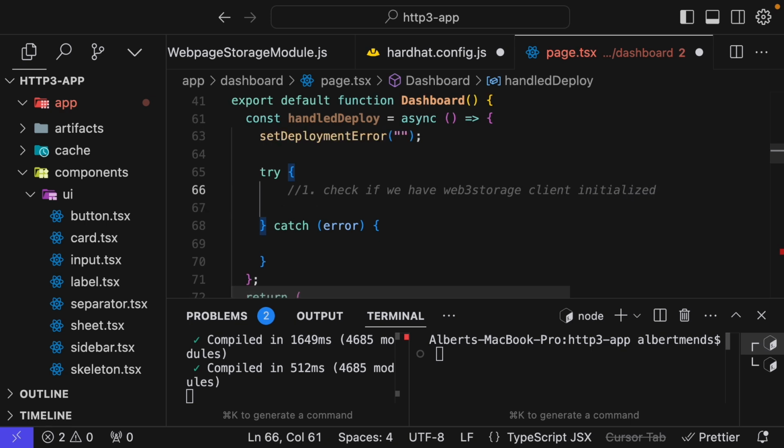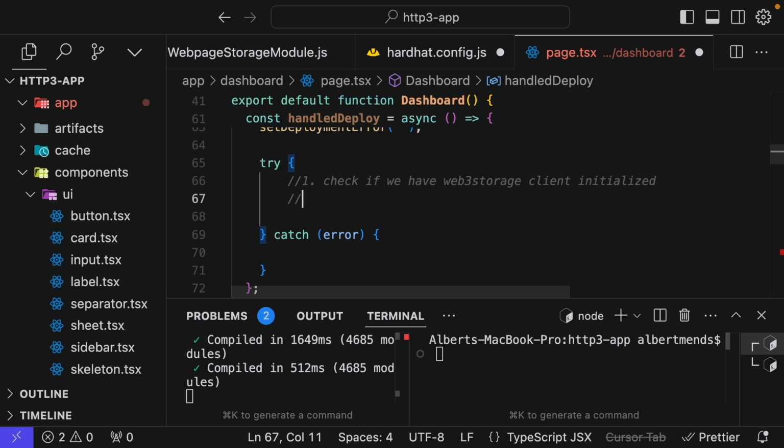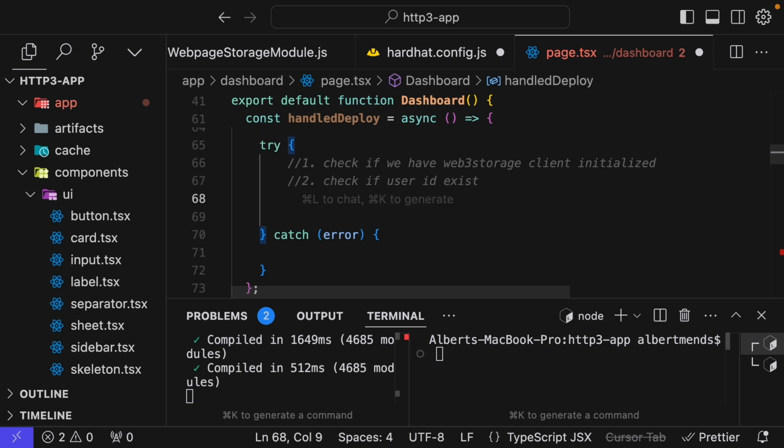Then second, we check if a user ID exists. Third, we are going to create the deployment. So using the smart contract, we are going to create a web page with name,